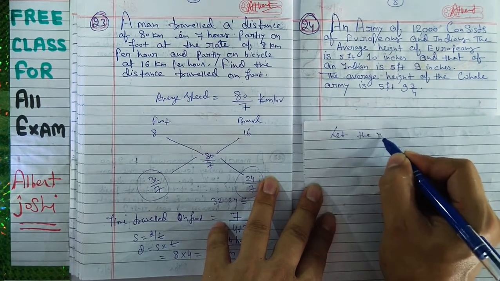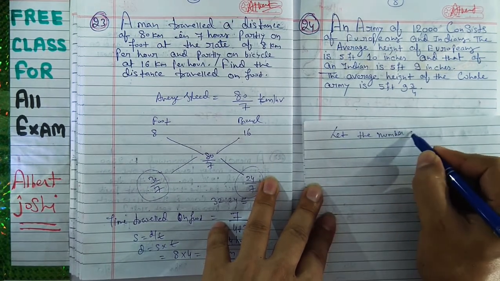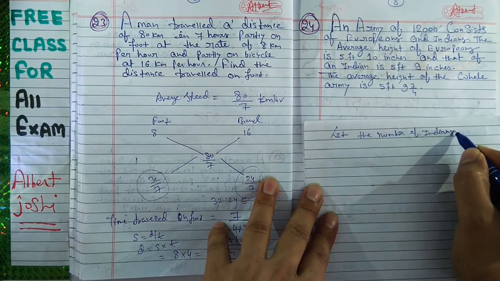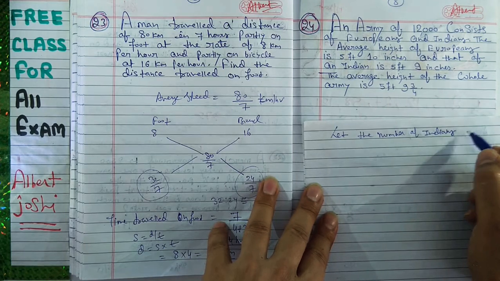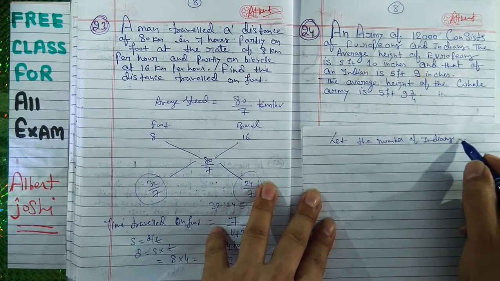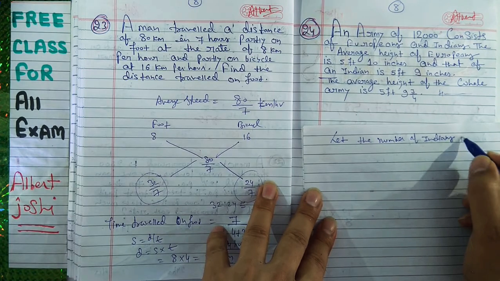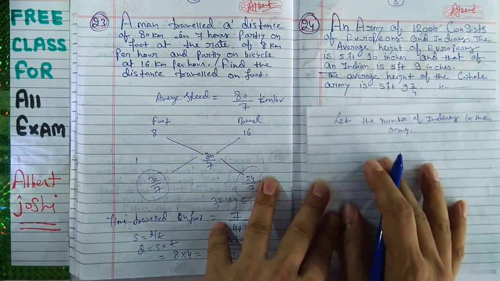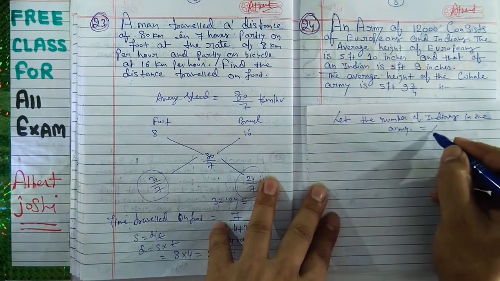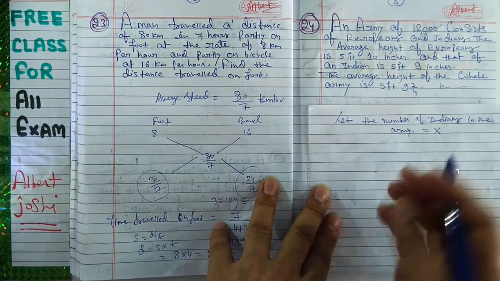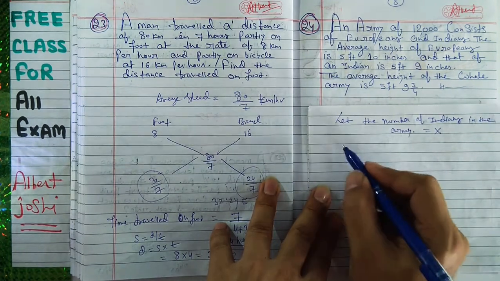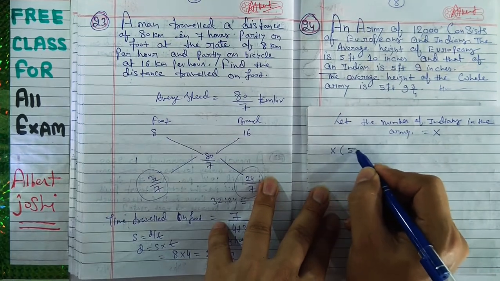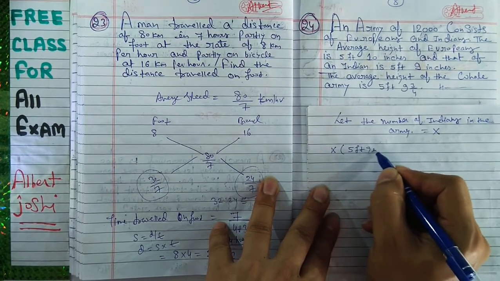Let the number of Indians, how many Indians he is asking, in the army be equal to X. Okay, let us just think that it is X. So X, the number of Indians, into 5 feet 9 inch